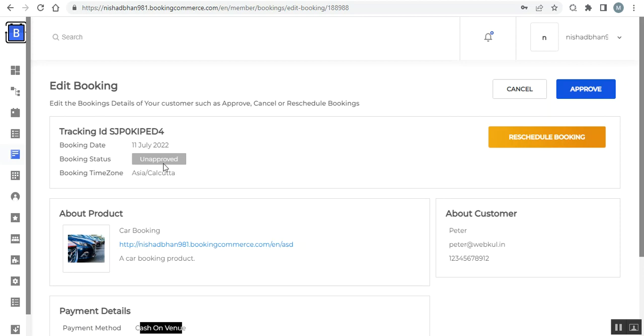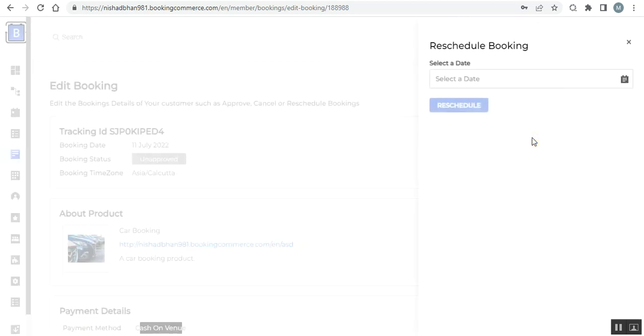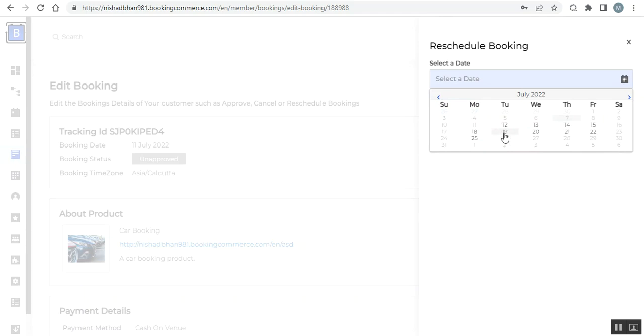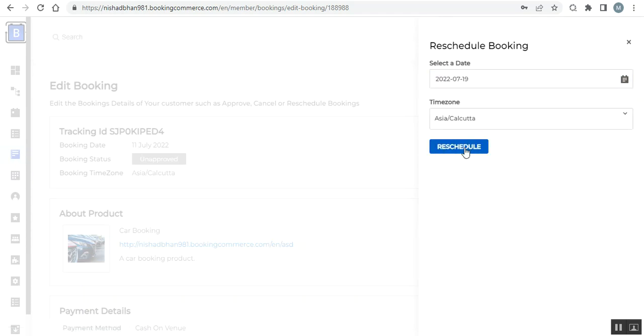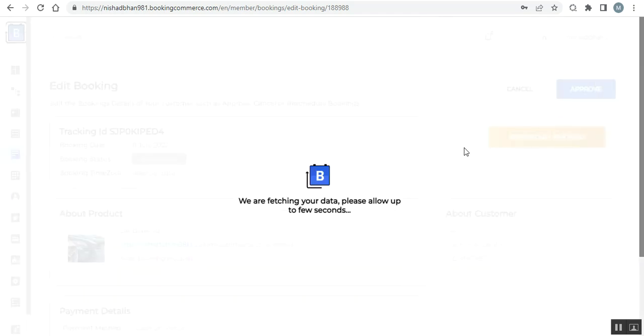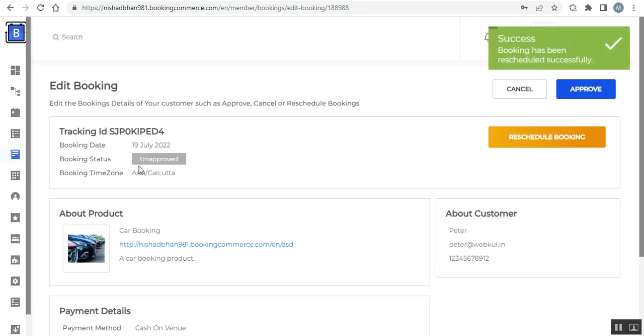So the booking status is unapproved right now. We can approve it by tapping on approve, or we can reschedule it as well. To reschedule, I'll tap here on reschedule, choose the date, I'll choose the 19th, and tap on reschedule. So the booking would be rescheduled, and you can see that the booking date has been set from the 11th to the 19th of July